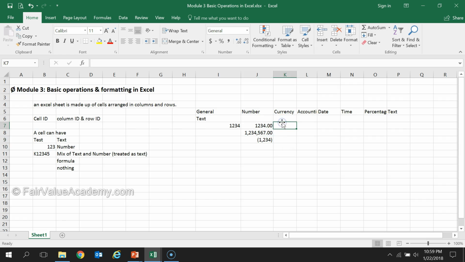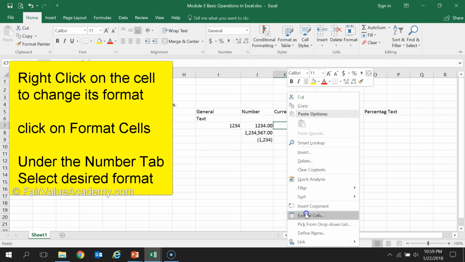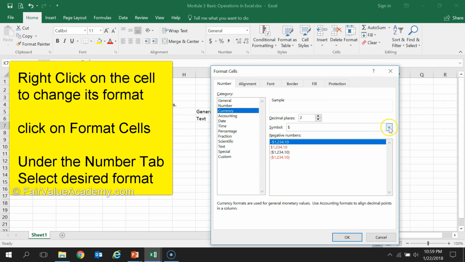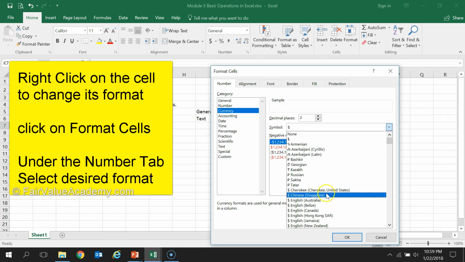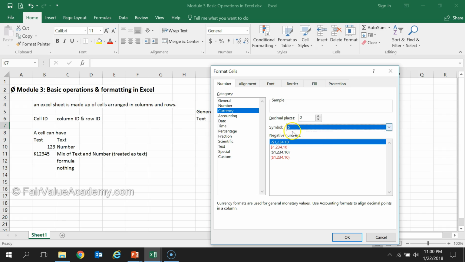The third type of number that you can define is currency. So let me define currency. You can select the symbol of currency you like. There are all possible symbols around the world listed. If it is not there, then you'll have to look for it a little bit harder. Okay. So here we have selected dollar as the symbol, 2 decimal places.